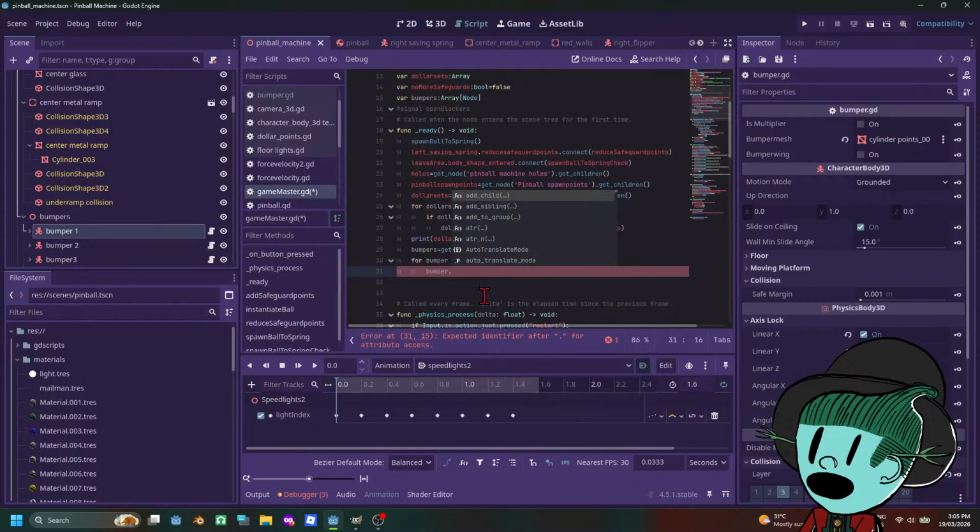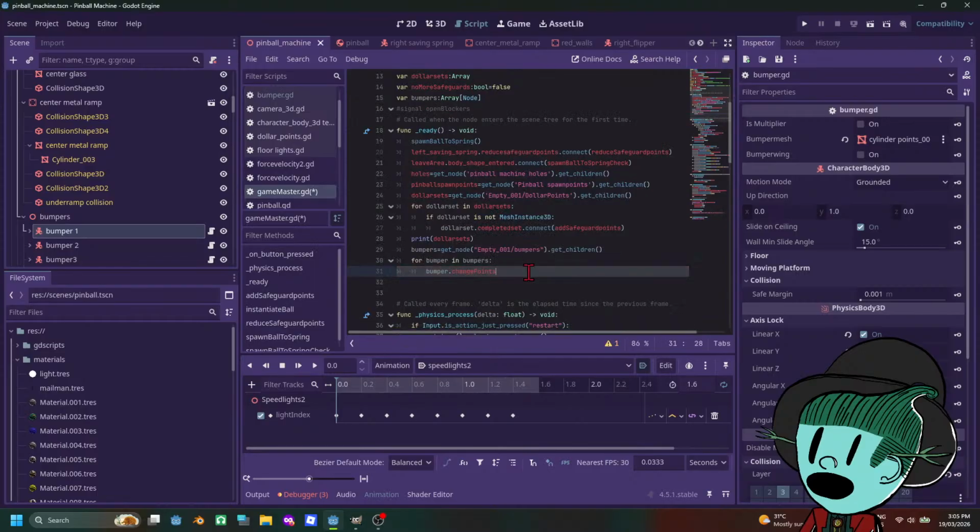We'll see, change points dot connect to a function I still haven't declared here called